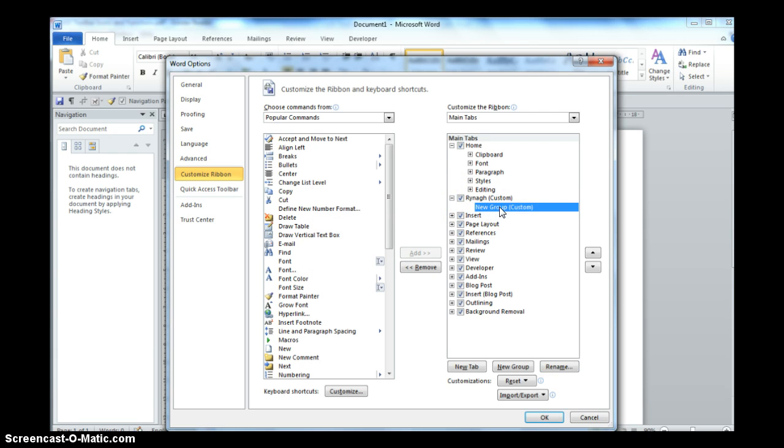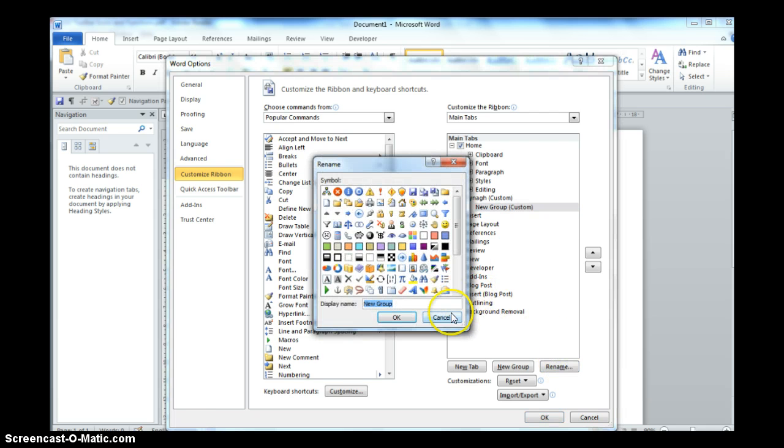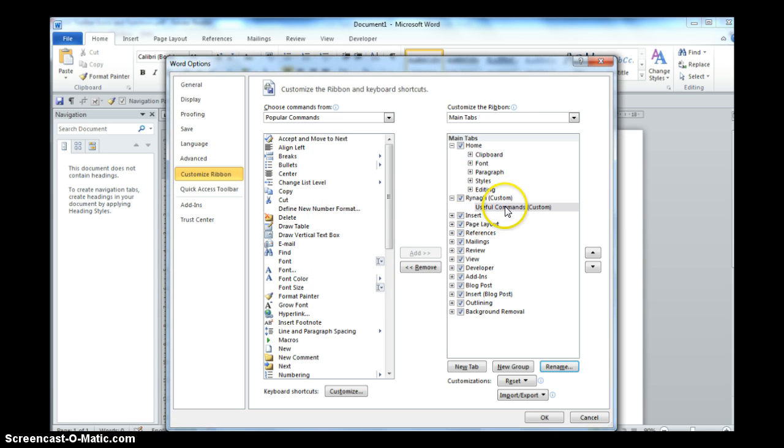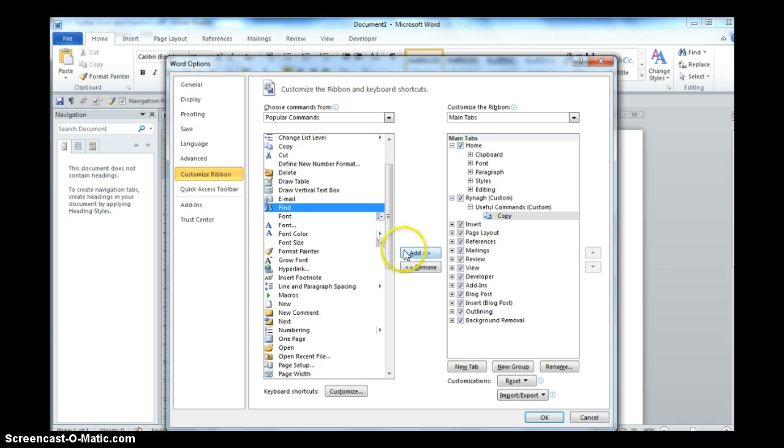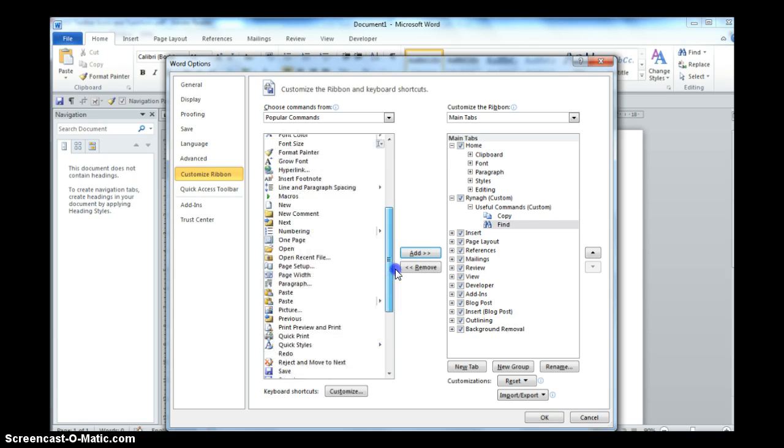And in there we're going to create a group, and in the group I'm going to give it the name Useful Commands. Okay. And now the Useful Commands group will be created, but it's going to be empty, so I have to add in some commands that I like to have in there. So I'm going to put in a couple of examples. The copy command has been added in. Find, to find any particular word in the document. I'm going to put in the paste command,